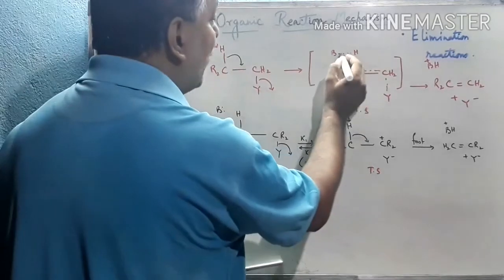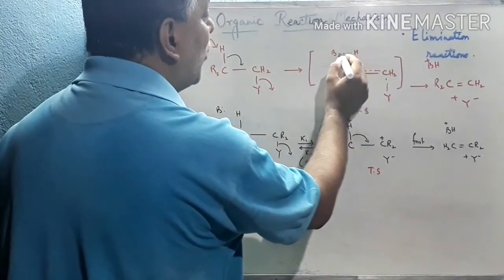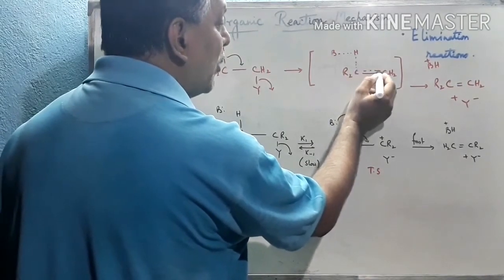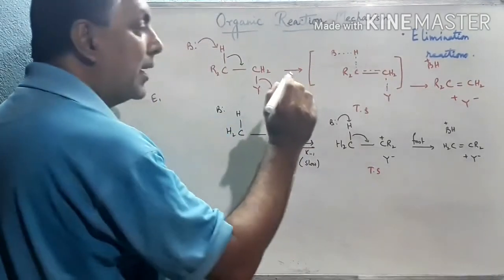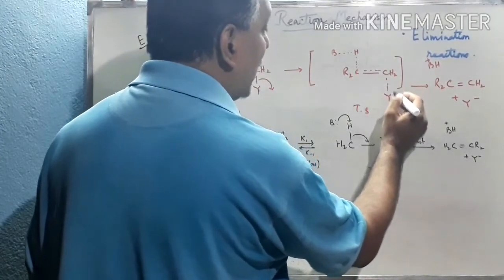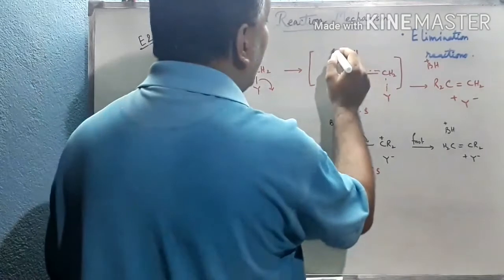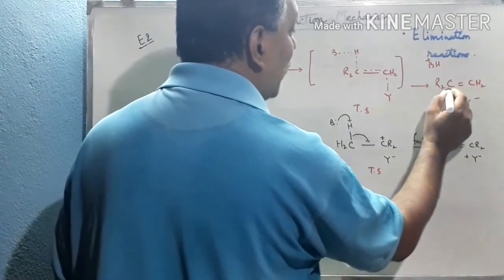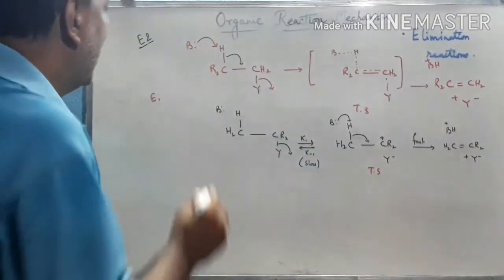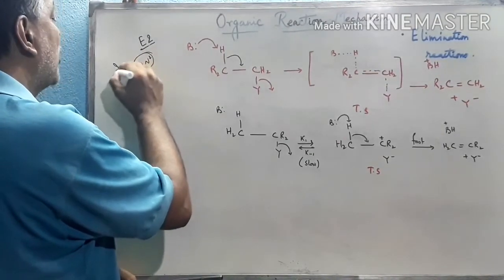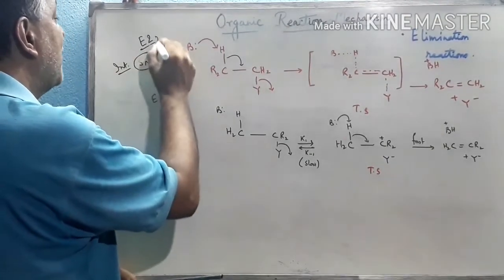See this transition state: first it forms a single bond character with the hydrogen, and this single bond dissociates. Here a double bond character forms. The dotted line shows the character only introduced in the transition state. This dissociates, and ultimately the B containing lone pair species accepts this H plus to form BH plus. It forms R2C=CH2 and Y minus. See the mechanism of E2. This is just like SN2. The intermediate of E2 and SN2 are the same.